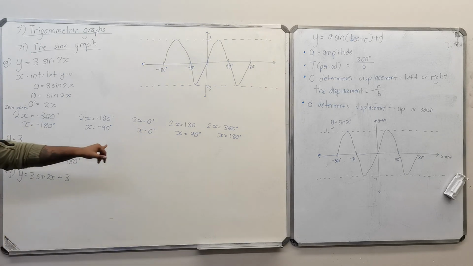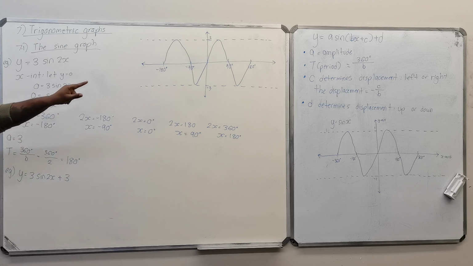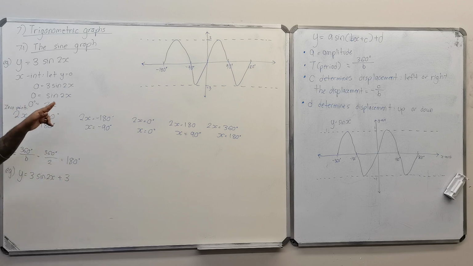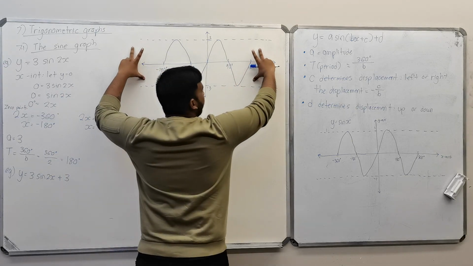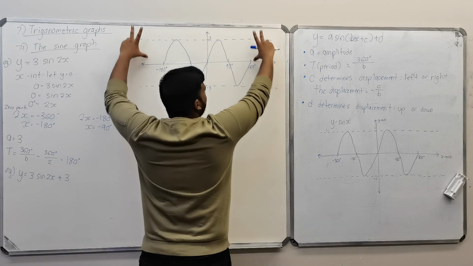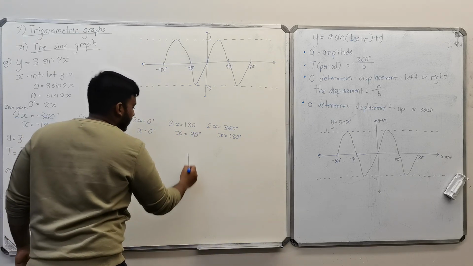Your 0 points would only be affected by your period and your phase shift to the left or right. That's the reason why I want to show you something, right? So all you need to basically do, the only difference with these two, is this entire portion moving 3 units up, right? So when you're now drawing this graph,